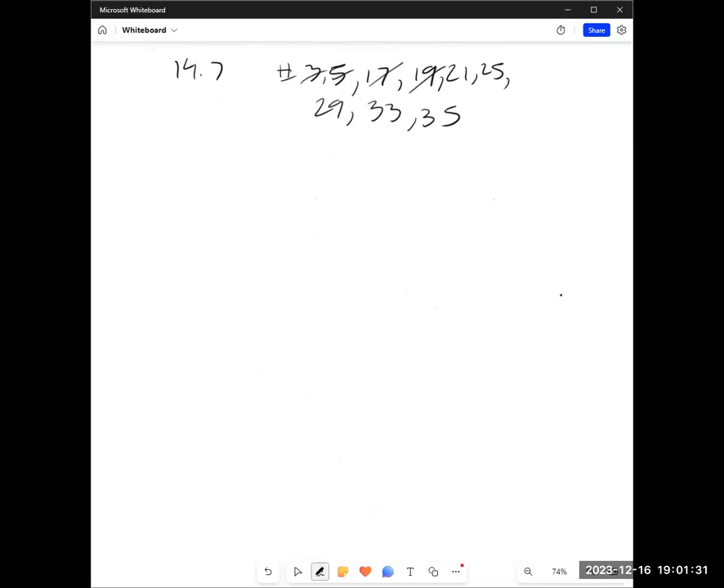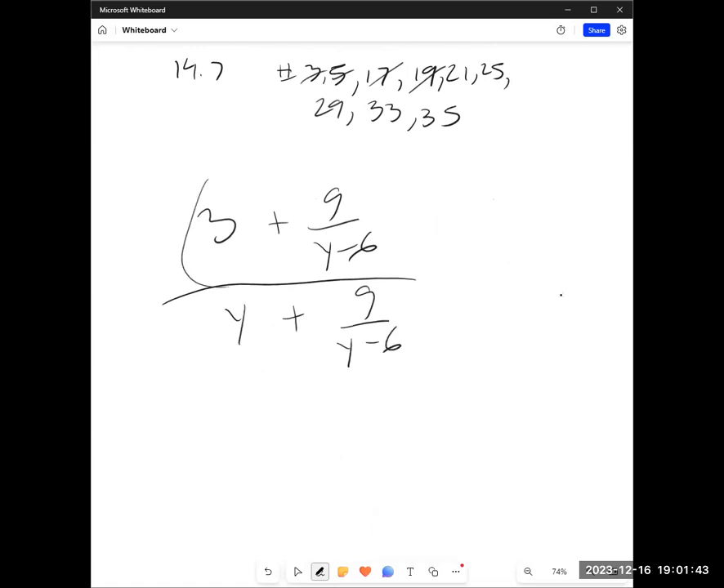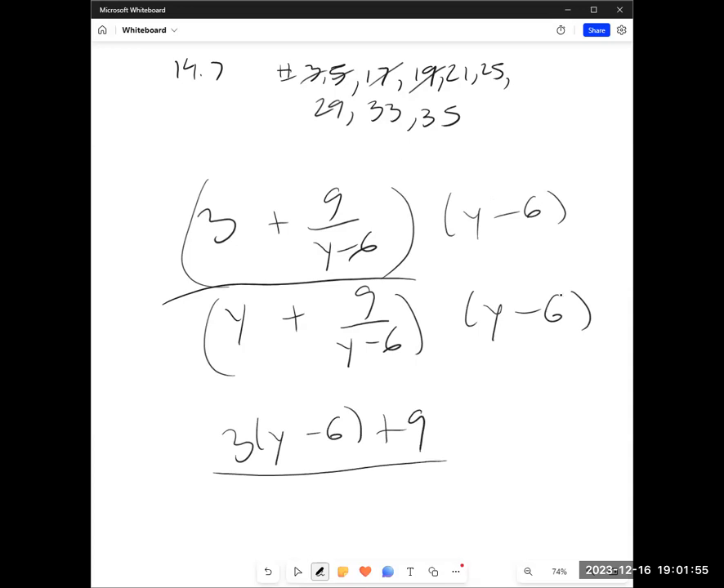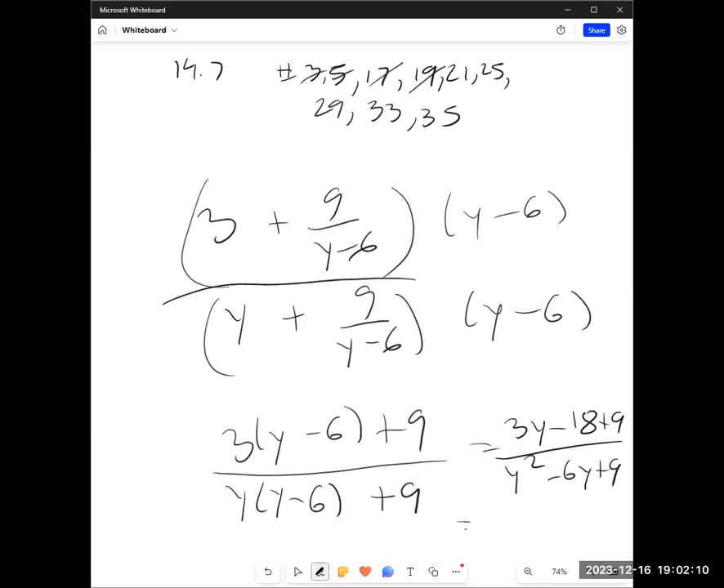All right, let's try method 2 on this problem. 3 plus 9 over y minus 6 over y plus 9 over y minus 6. My LCD is going to be y minus 6. This is going to be 3 times y minus 6 plus 9 over y times y minus 6 plus 9 is going to be 3y minus 18 plus 9 over y squared minus 6y plus 9 is 3y minus 9